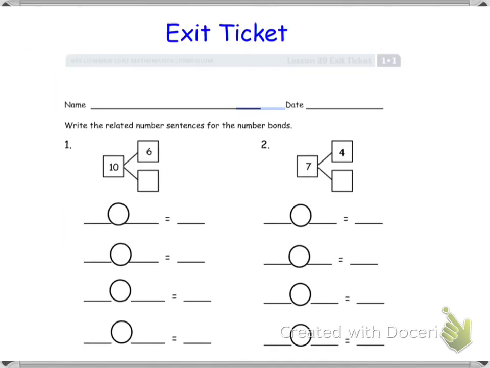Good. Now, for your exit ticket, I want you to get your math workbook, the one with the blue. And I want you to turn to page number 265. Ooh, guys, this is our last lesson. This is our last lesson in this book. Guys, you'll be able to bring this book home today. This workbook, the one with the blue, you're going to be able to bring this workbook home today and keep